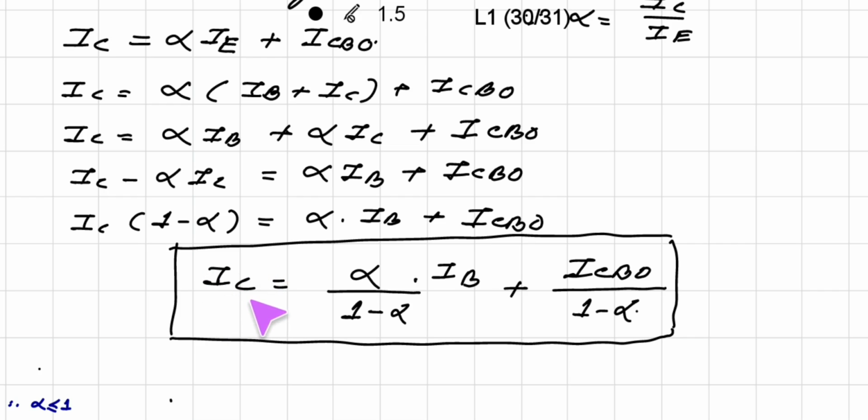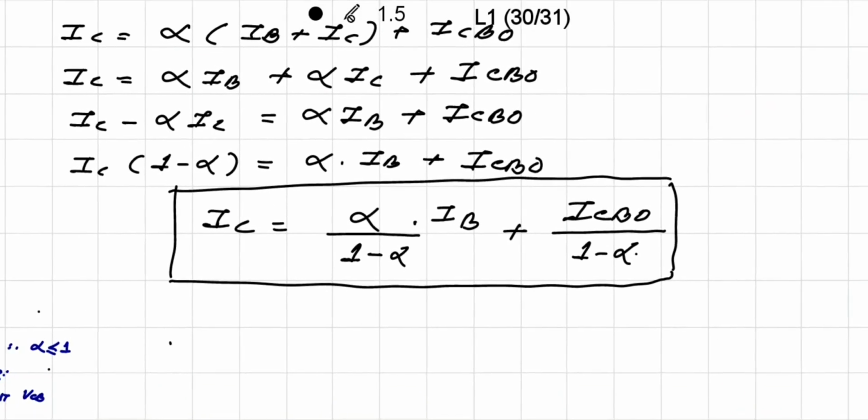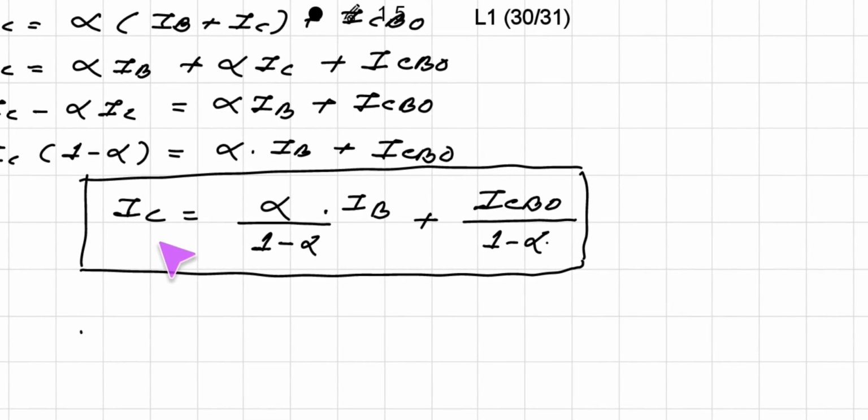If there is a change in IB, there will be a change in IC. So we can say that this collector current can be controlled by controlling either IB or the emitter current IE. And note that ICBO is very small. In some cases we can neglect it, so this term becomes zero. And today we are going to see